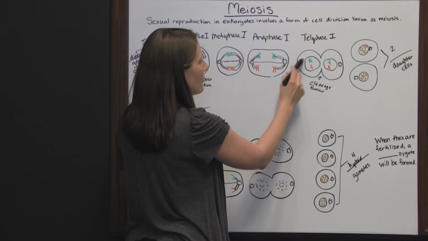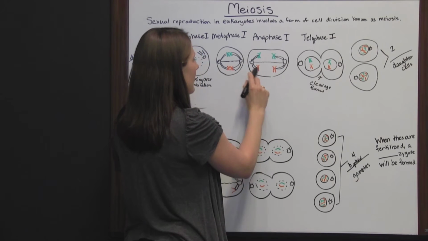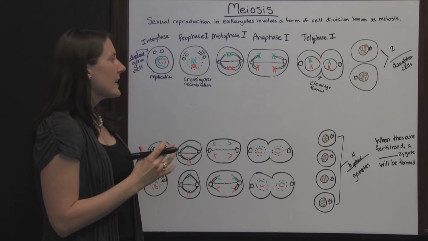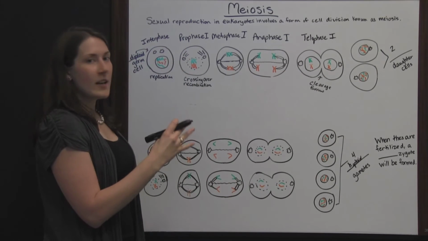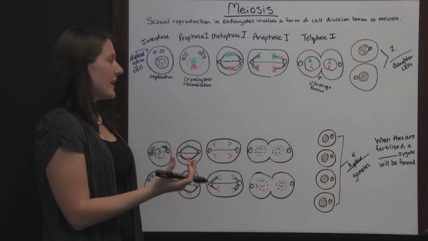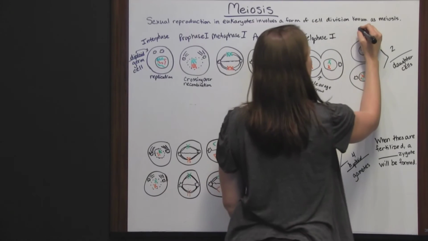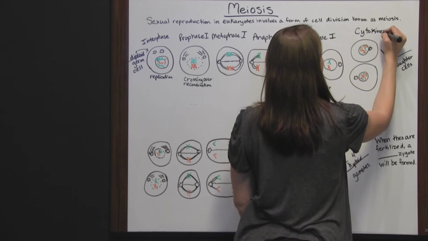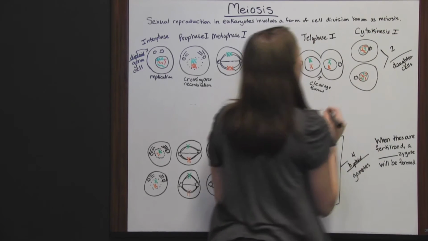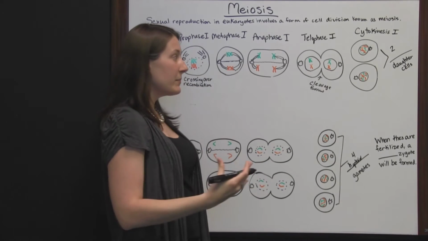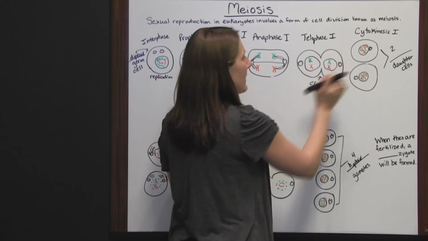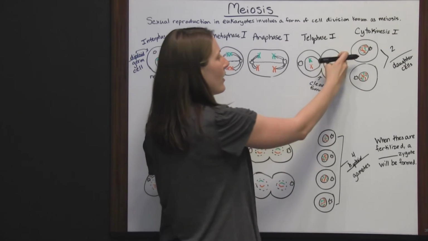The microtubules that have been connecting the chromosomes and pulling them apart have receded, and the genetic material is encased in a nucleus again. And then this last part is cytokinesis 1, where the cytoplasm is split, and there is a definite split made between those 2 cells. So now there are 2